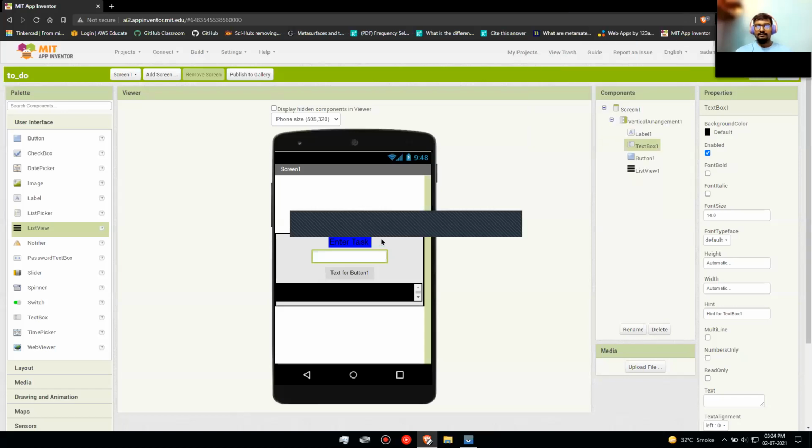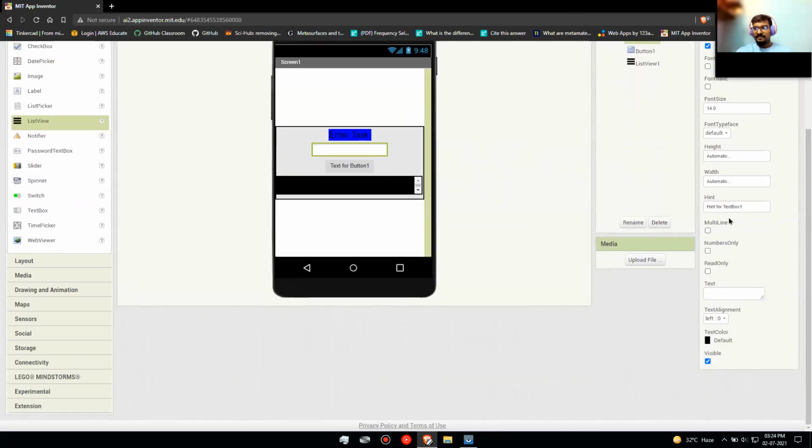Okay, so now has everyone reached here? Yeah. So now we have to change the properties of the text box. So select the text box and then remove everything that is under hint.